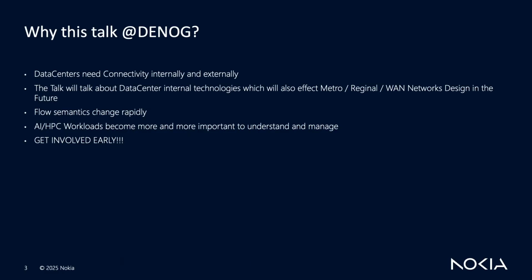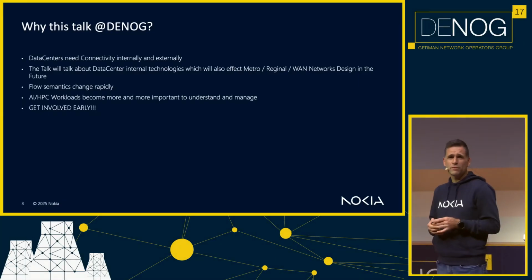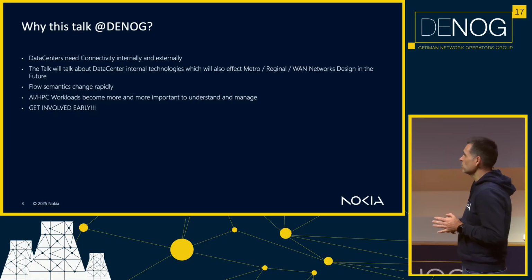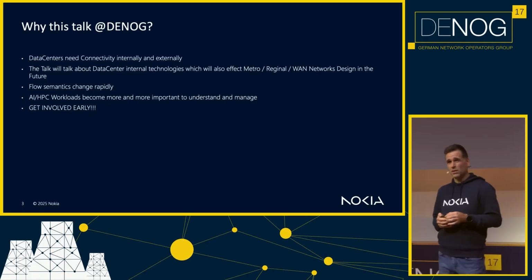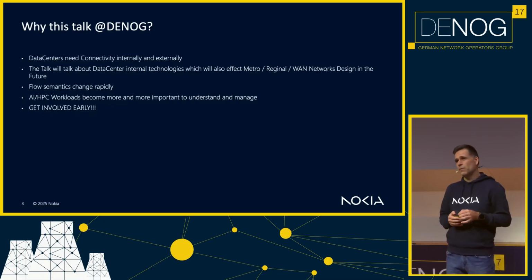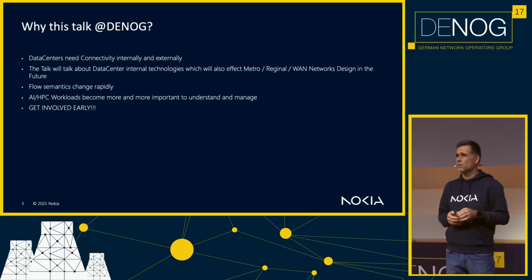I will talk a little bit about this technology, what basically happened there in the last 15 to 20 years. And then later on, we will bridge into why this is even relevant and why you should be involved,